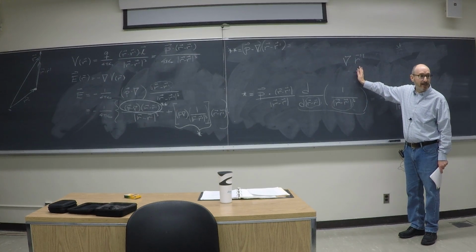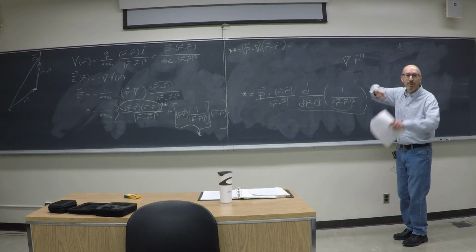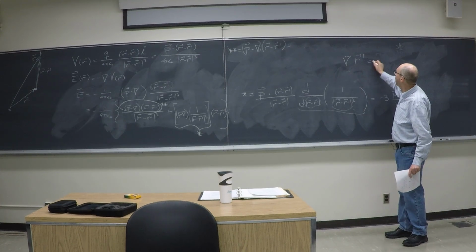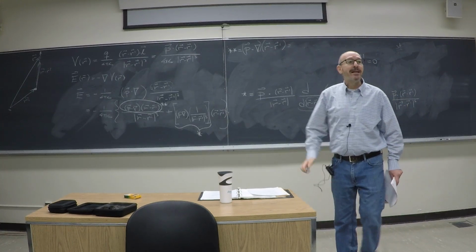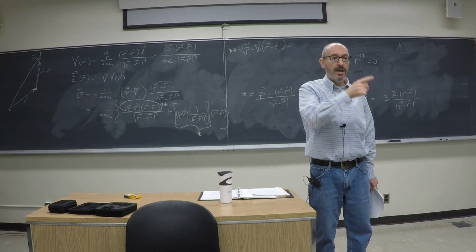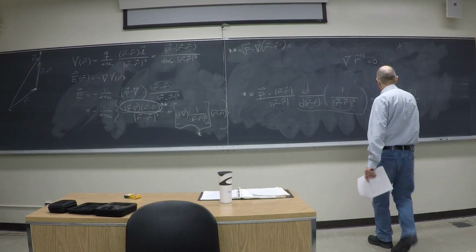I'm very sloppy here. Zero. Okay. This, regardless of the details, is 0. Why? Exactly, because the gradient acts only on the R variables. R prime is a fixed point in space. Okay. So for that reason,